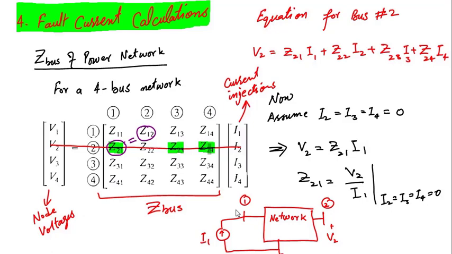After discussing the Z bus, now we can use this Z bus for the calculation of fault current. If I quickly summarize the Z bus, Z bus when multiplied with the current injection gives us the node voltages. The diagonal elements of Z bus give us the Thevenin equivalent of the complete network between that node and reference. These off diagonal entries tell us about the transfer effect. Now let's move towards the fault calculation.